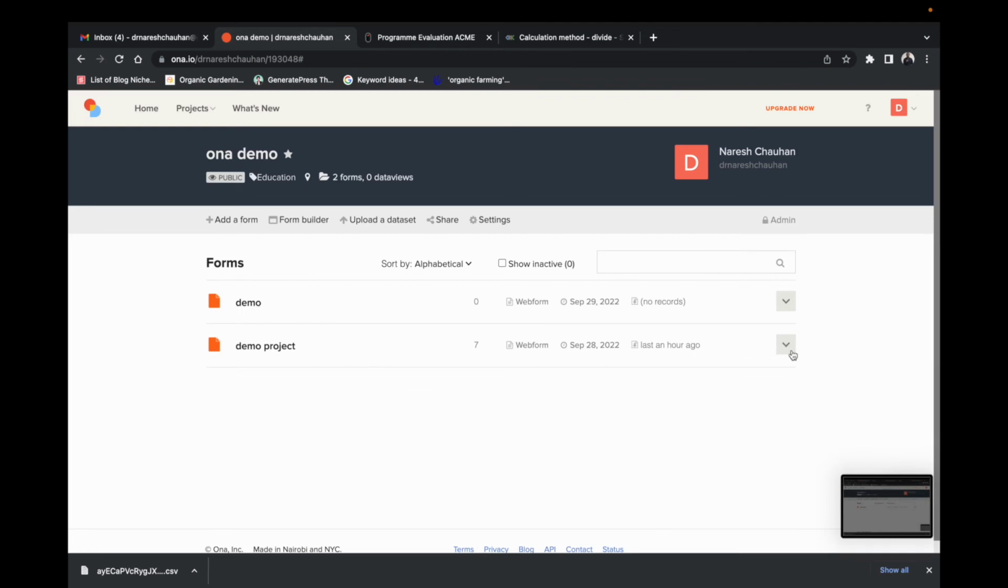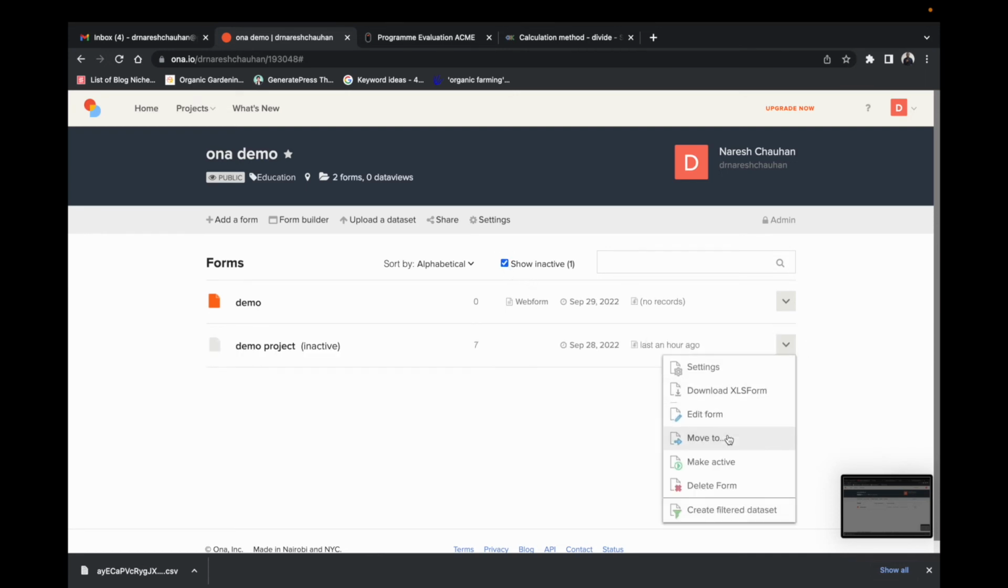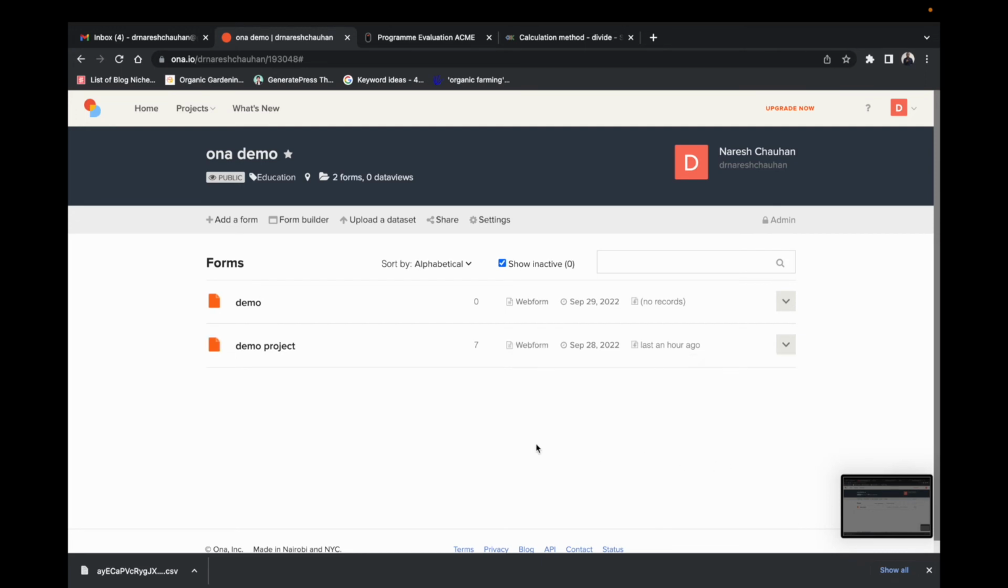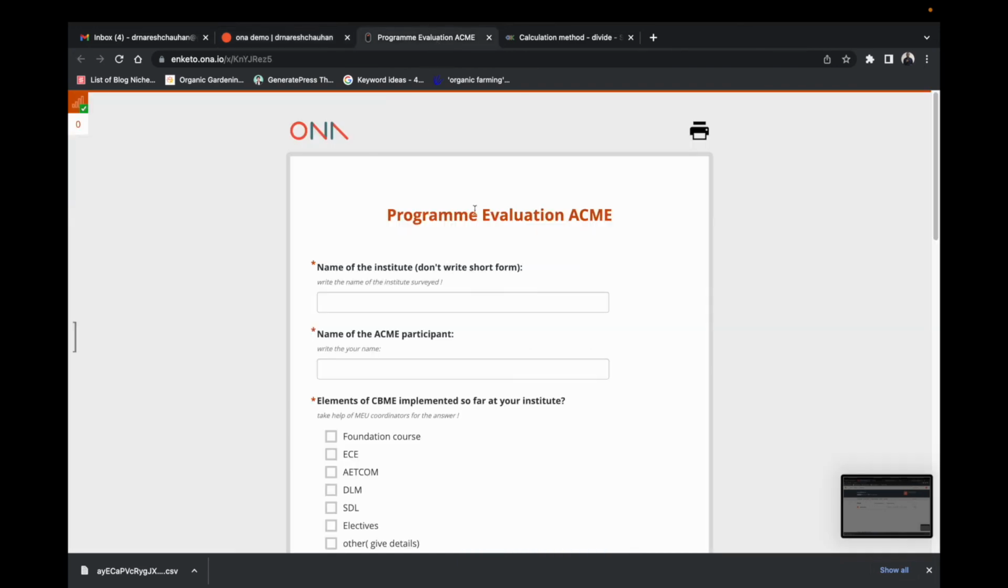Okay, you can also make your form inactive from here. See, the form disappeared. Okay, now it will appear as inactive. So inactive, again make it active. Okay, now what else? The final features that I wanted to demonstrate is